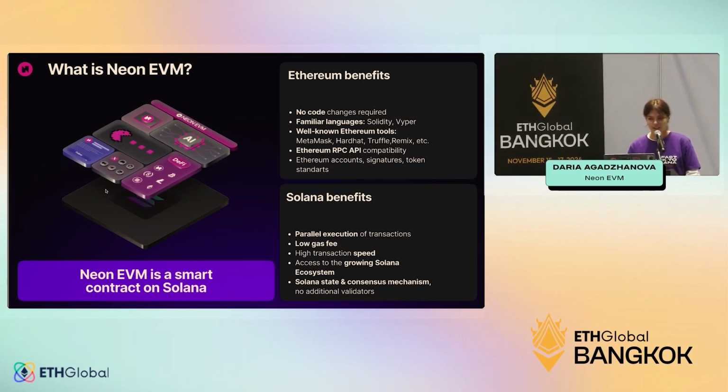So first, let's go into what Neon is. We are an Ethereum virtual machine on Solana. What that means for you as a developer is that you can take your existing Solidity code and just go ahead and deploy it with us. And then you can interact with your project using your favorite Ethereum tooling, and specifically MetaMask wallet or any other